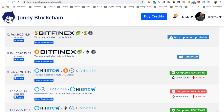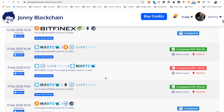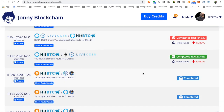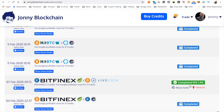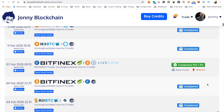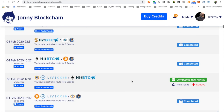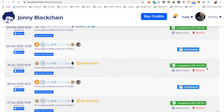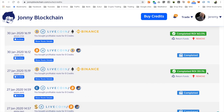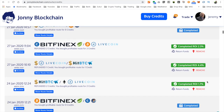So I've got a 384.4% ROI. I've got a 84.6 loss. That's probably the biggest loss I've ever had with the system. A 293.6 trade there. Then I've got a series of swaps where I did some coin swaps, another trade there where it was a 1.4 ROI, another series of swapping one coin for another or one currency for another, 100.6, another swap there, a 163.5, another swap, a 351, another couple of swaps, a 2.3, a 4.1, a 4.4,